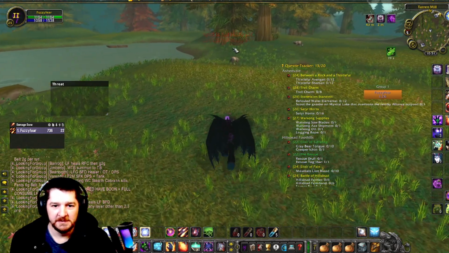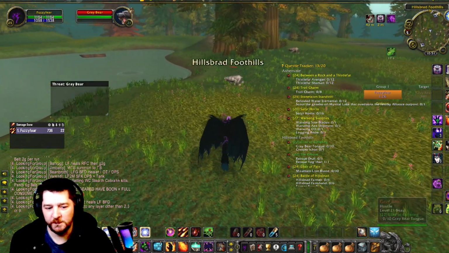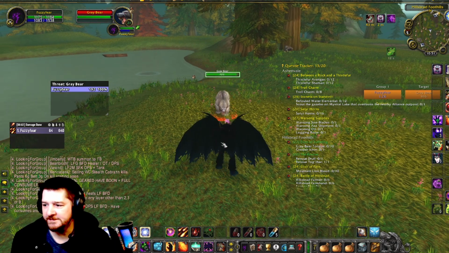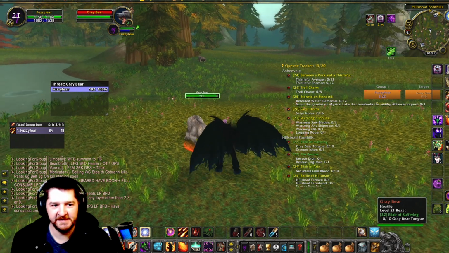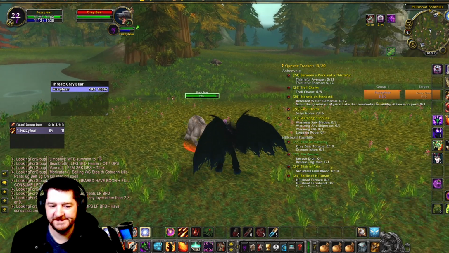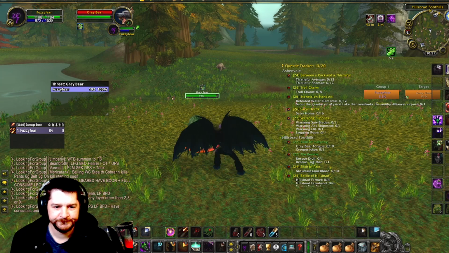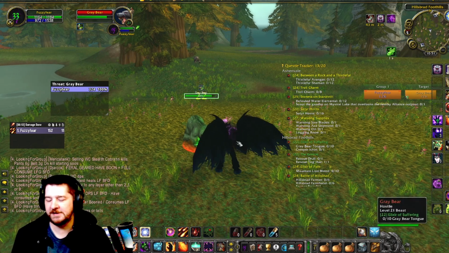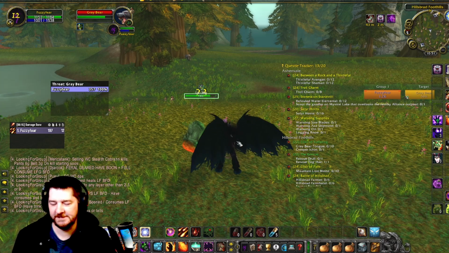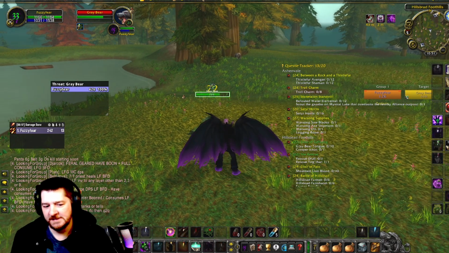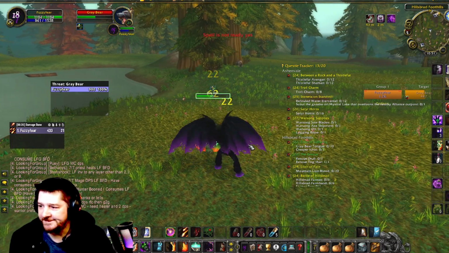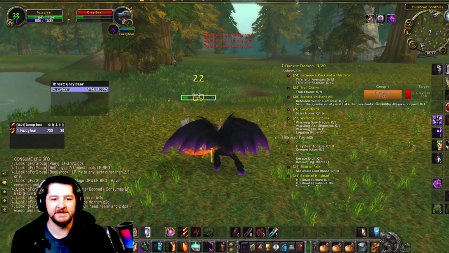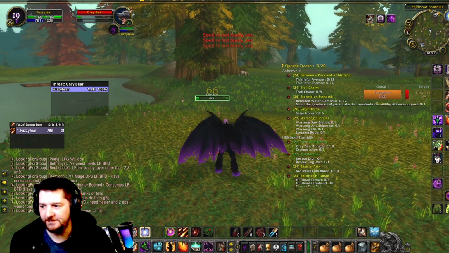We'll see how much one regular non-boosted Searing Pain does. 192. Instant cast, immediate threat on Searing Pain. So your corruption cast over its entire duration of 15 seconds is giving you the same amount of threat as one instant cast Searing Pain that gives you the threat immediately.